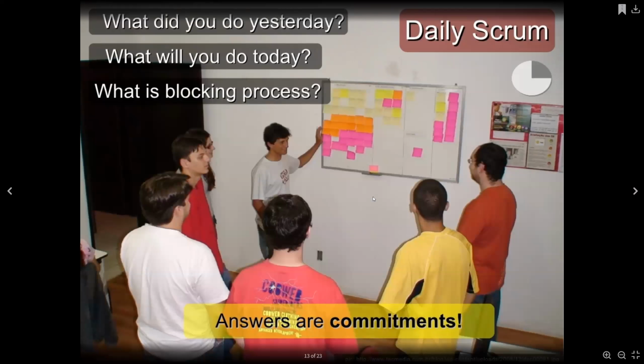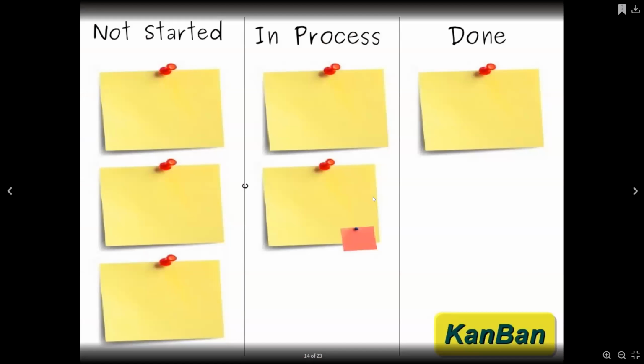You know what? We're having a problem with the database system. We're using MongoDB, but it's not doing good. It's giving us these errors. Well, how can we solve this? Collaboratively as a team, we come up with solutions, and the answers are committed, and we process that. So we have things that are not yet started, those that are in process, and those that are done. That's a simple Kanban